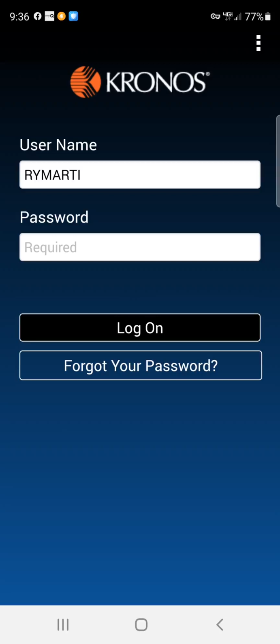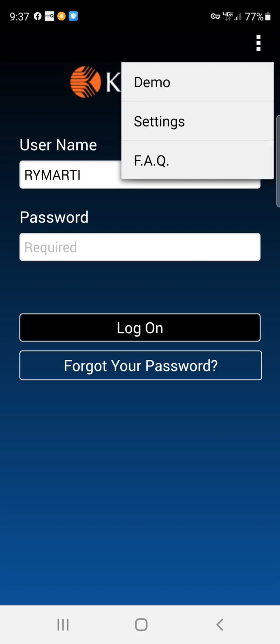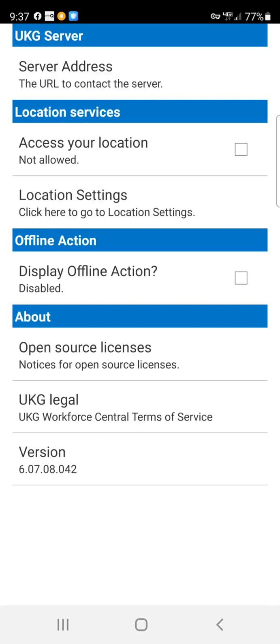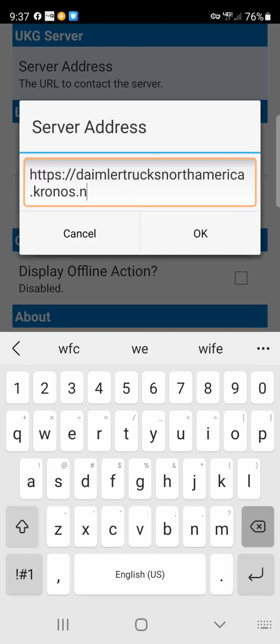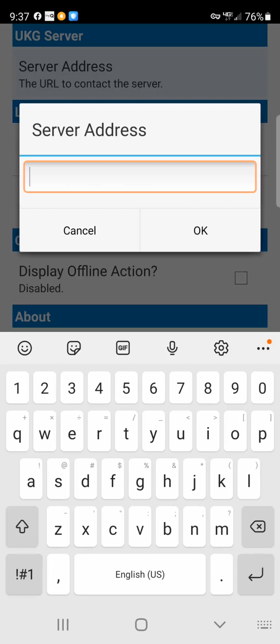change the server address. In order to do that, we will go to these three little dots that you see right here at the top right corner of your screen. I'm going to go ahead and hit that, and one of the options is settings. So I'll go ahead and hit that. At the very top of the screen, you can see server address, and we're going to go ahead and hit that. You'll notice that the old server address will pop up in the server address box. We're going to want to delete all of that, and we're going to type in the following: